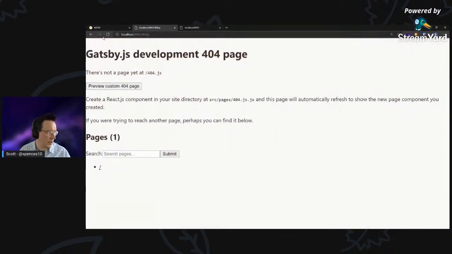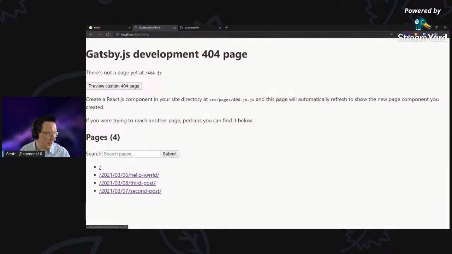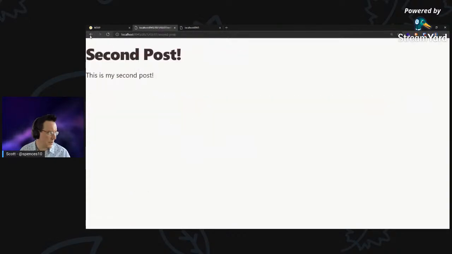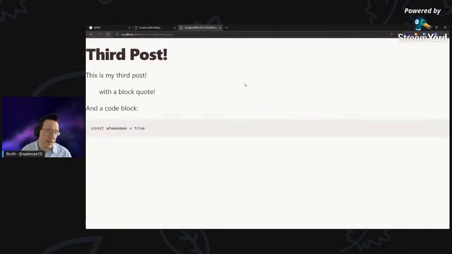If we look at our 404 page and hit refresh, you see I've got the posts here: Hello world, third post, and the second post. Cool. But if I go access one of them from here, they are not wrapped in the layout component. So what I could do is wrap them all. Where can I wrap them? Wrap them all in the layout,